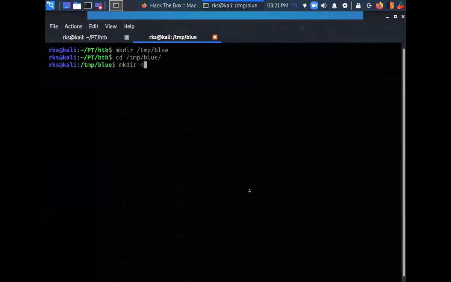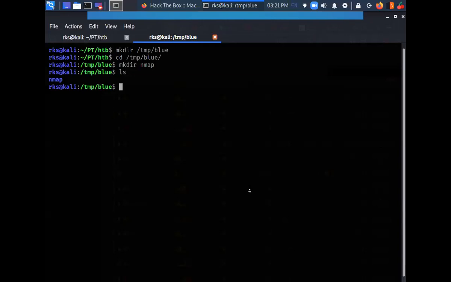Now I'm going to create a directory for Nmap. I'm creating this directory for being organized. Okay, I want to be organized. I want to save the Nmap output as well. So that's why I'm creating a Nmap directory here. Created the directory. Now the first thing was the connectivity test that we have successfully done.